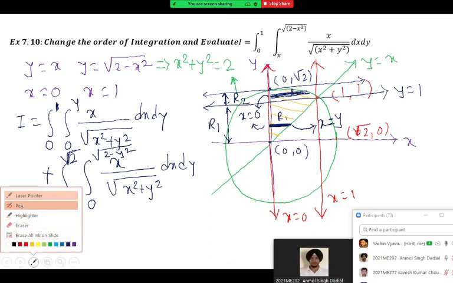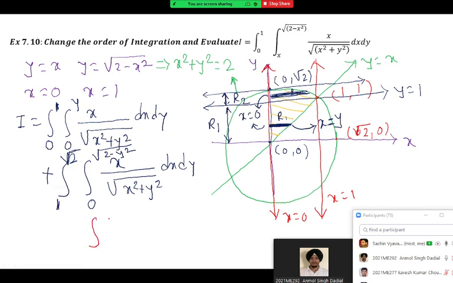Just see here, I will write it on the board. I asked this formula. What is the integral of 1 by root t? So it is t raised to minus half. Integral of t raised to minus half is t raised to half upon half. So answer should be 2 root t. Sir, I told root t by half. Sir, it is the same.